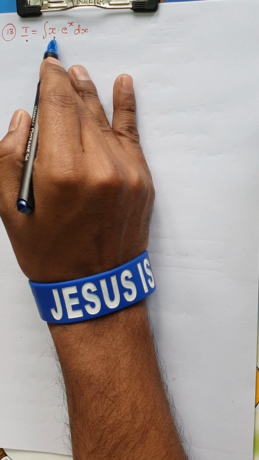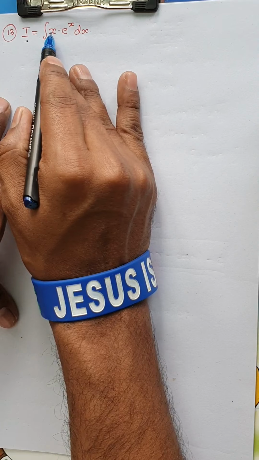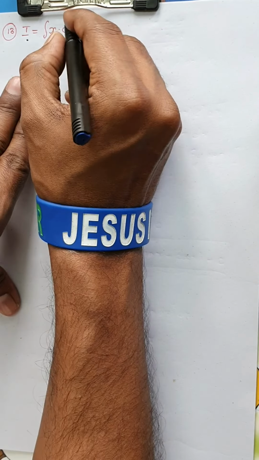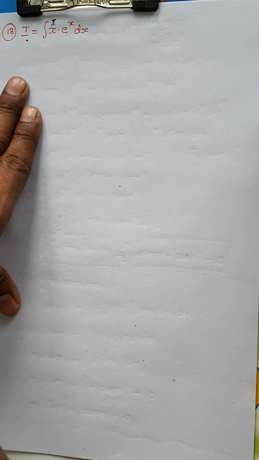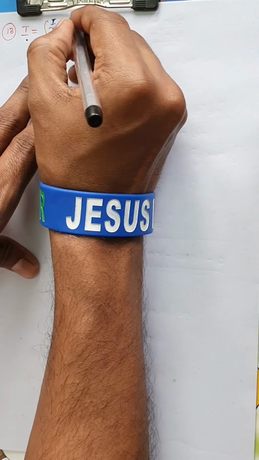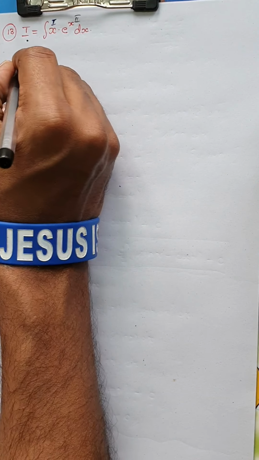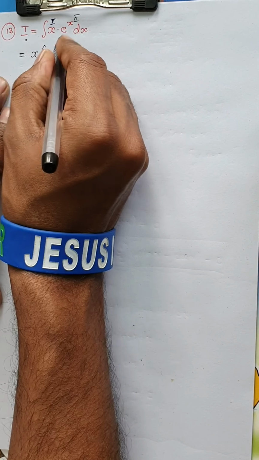Moving on to the next integral, we have integral of x into e power x. So I have an algebraic function and an exponential function. Remember, usually exponential comes last. So algebraic function is taken as the first function and exponential function is taken as the second function. Okay, so x is the first function and e power x is taken as the second function. So according to procedure, let us do it directly. Keep first function as it is, integrate e power x.